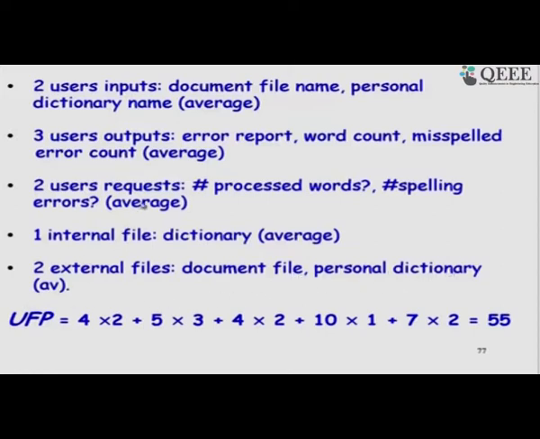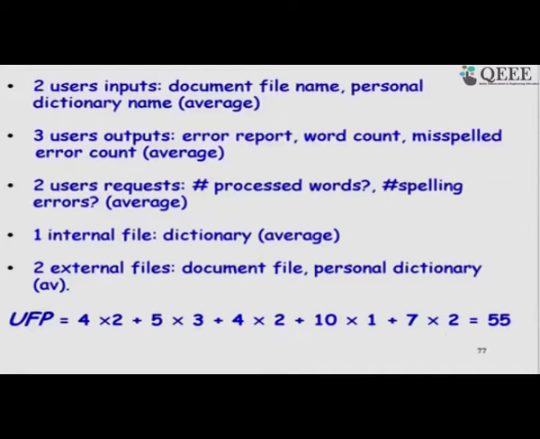So, many of you might say that just a name may be just a low. Yes, we can do that, debatable. Output reports are also low, but some may say that the internal dictionary may be complex. So, these are the small variations that are possible, and then we compute the unadjusted function point based on the weights we identified in the previous table. So, we get 55, and now the next step would be to refine this. So, this is the unadjusted function point count,